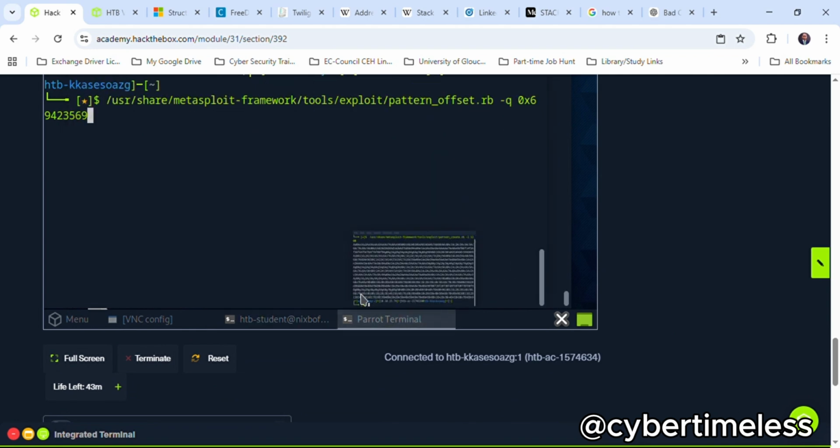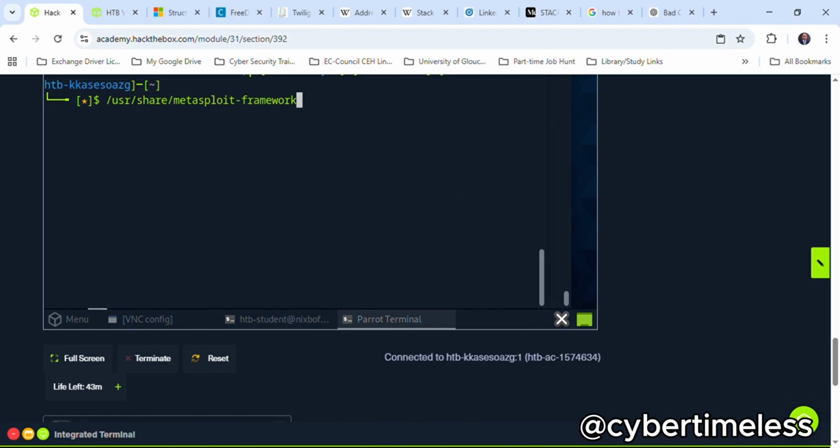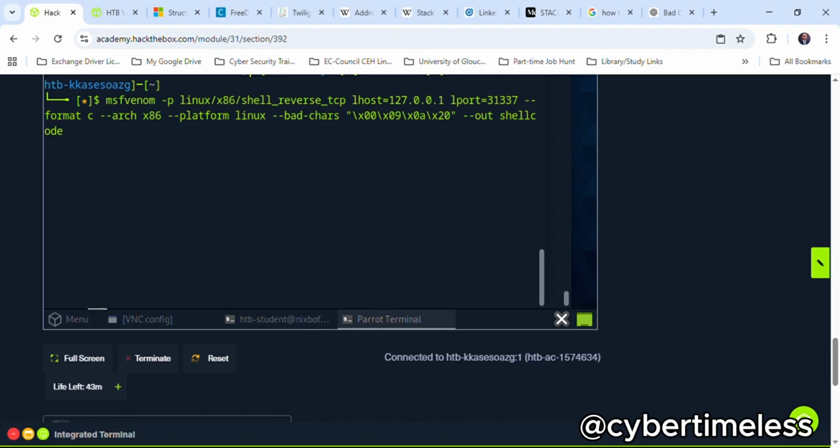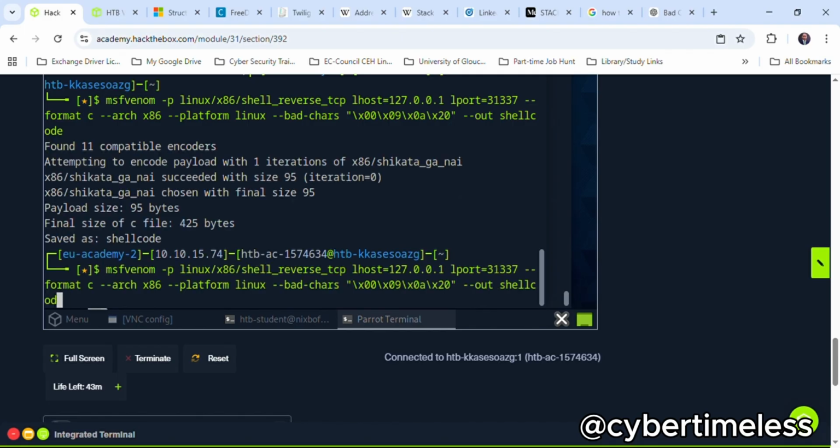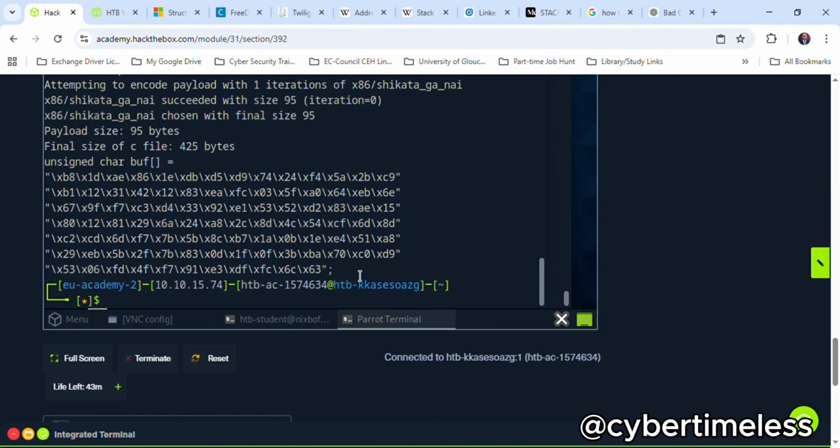What we're going to do is generate the shellcode on our terminal, not on the debugging terminal. I'm going to copy and paste the command here. As you can see, it's now going to output to a shellcode file. Now if I remove the file and just output it on the system, what we can see is that